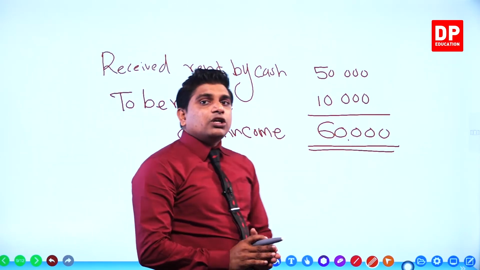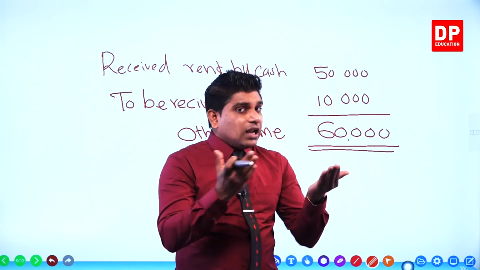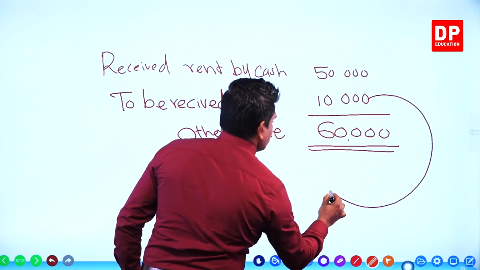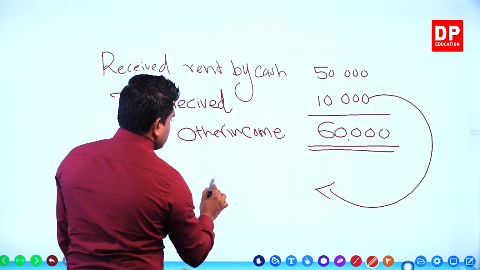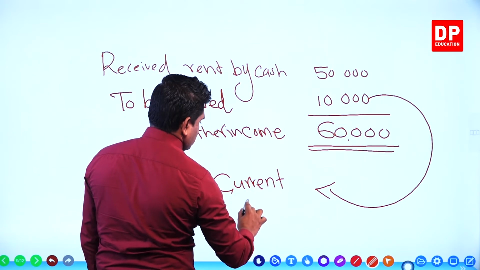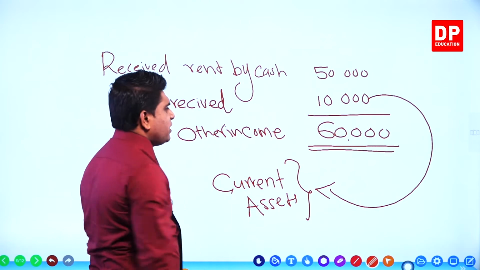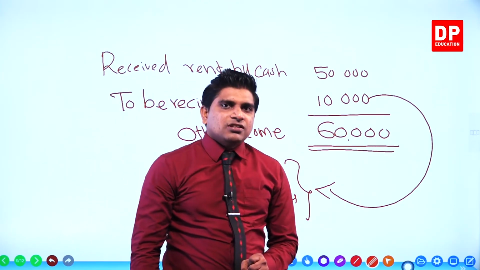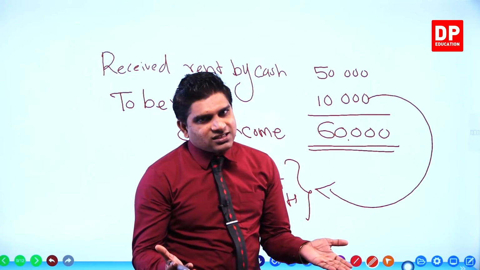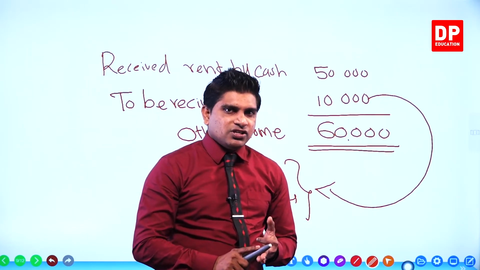Only the to be received amount: to be paid is where we wrote current liability, and to be received is current assets. This one comes to current assets. These are the calculations. Here also we use the same materials and tools: the general journal, ledger accounts and financial statements.